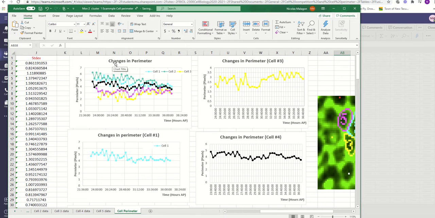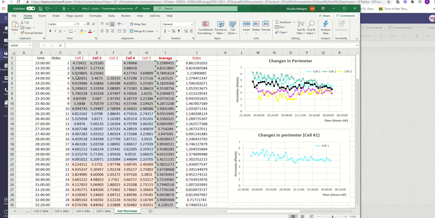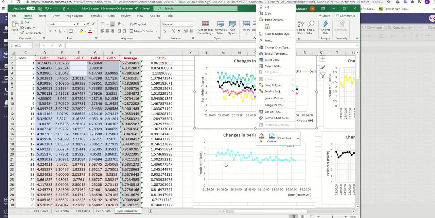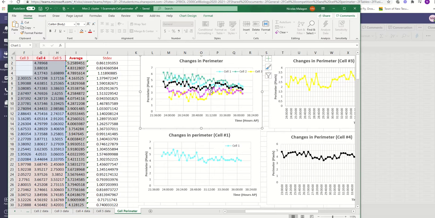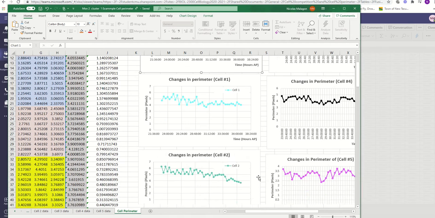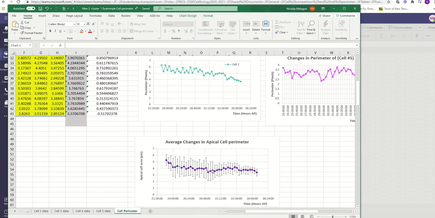So to summarize, remember, it was very easy. Just copy and paste here. Then you will see the data appearing, all the figures. You have to make sure that the axes and the titles are correct. If you have any doubt, let me know. Here you have all the cells compared, so you can see at the same time what is happening. Here you can see it individually. And finally, here you have one that is the average of the changes